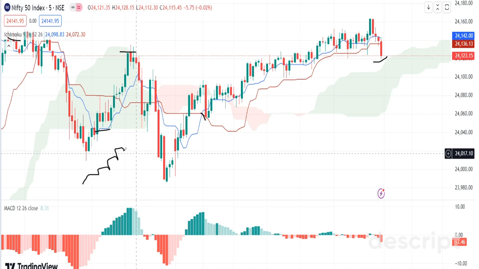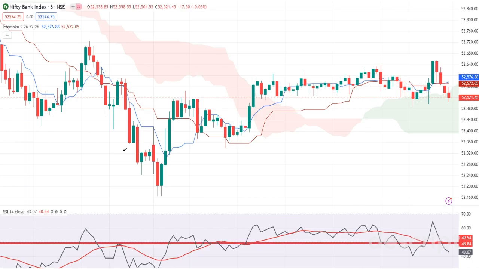So we have seen the example of one indicator, Ichimoku cloud, followed by your conversion line and the baseline. Now we will see if we can do something with RSI. Same thing over here. Thanks to TradingView, this RSI itself is a very strong indicator. If there's a crossover of 14 and the red line, which is 9, it's by default in your TradingView.